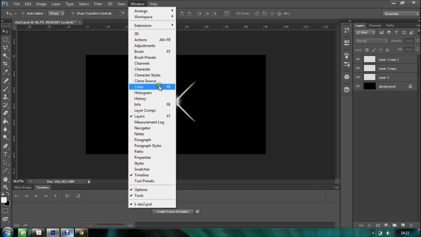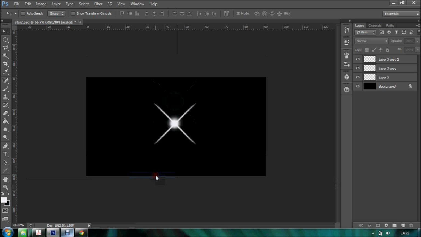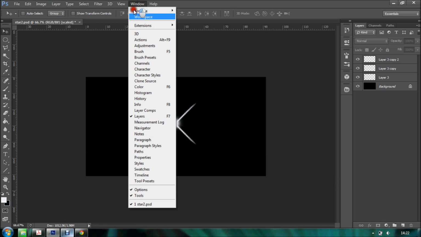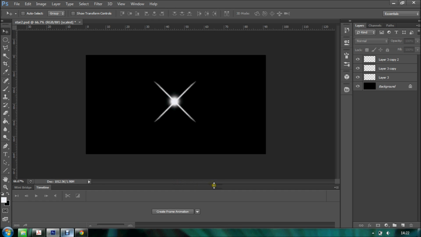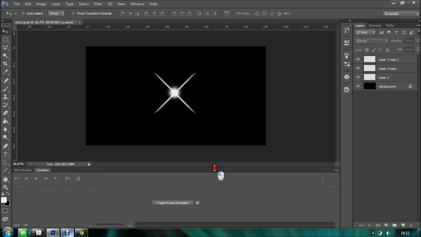I'm sure you're used to that already, but if you go to window, you can see that timeline is ticked because it's already active, but if I untick it, it disappears. So there you go. If you just tick it again, there it comes back, and you can move it up and down like this. So what you need to do is click one left click on frame animation. There are also some other options, so you can create a video timeline, which we're going to do later, but first we're going to do a frame animation. So we just click that once,